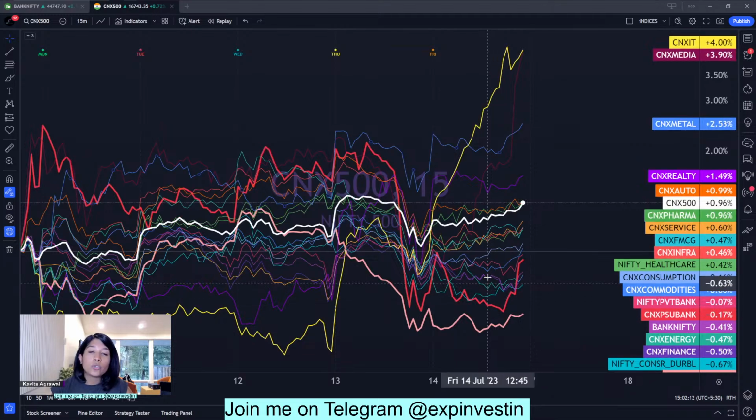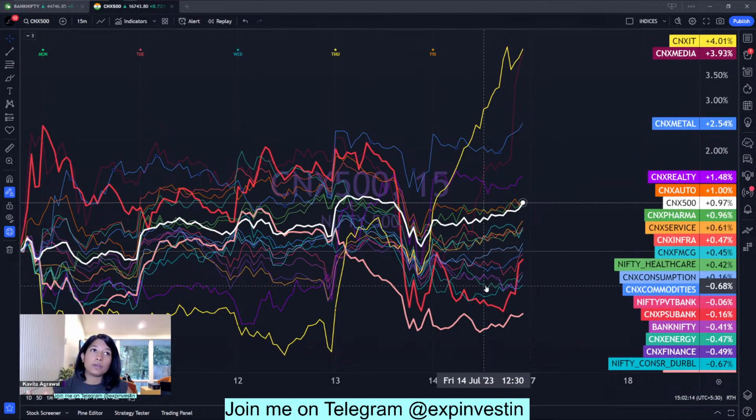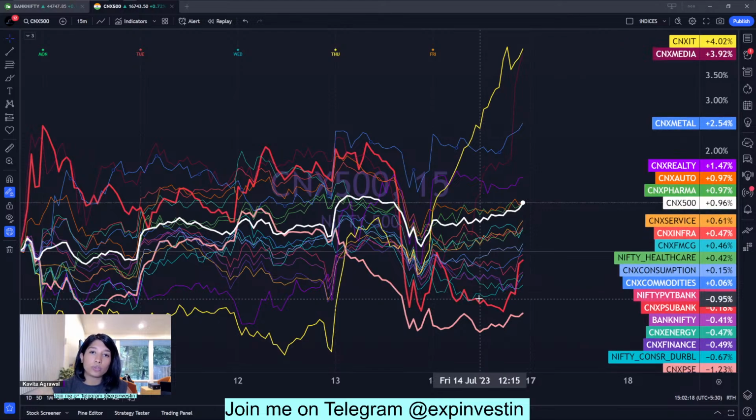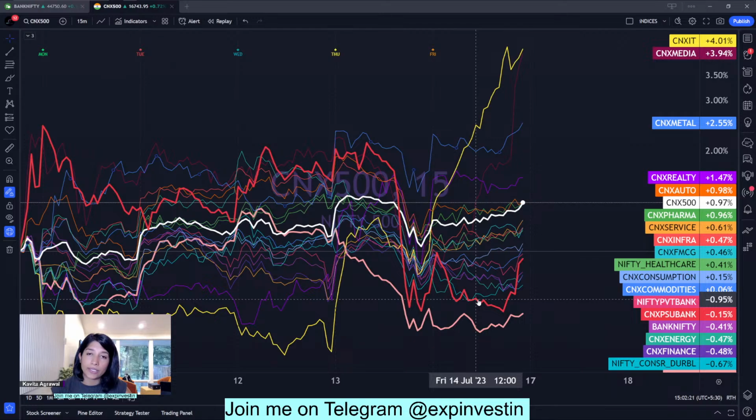Now, it's always better to keep trailing your stop losses in sectors which have given a strong rally, exit them when those trailing stop losses are executed, and then allocate your capital to fresh stocks in those sectors where the rally is seemingly coming up.